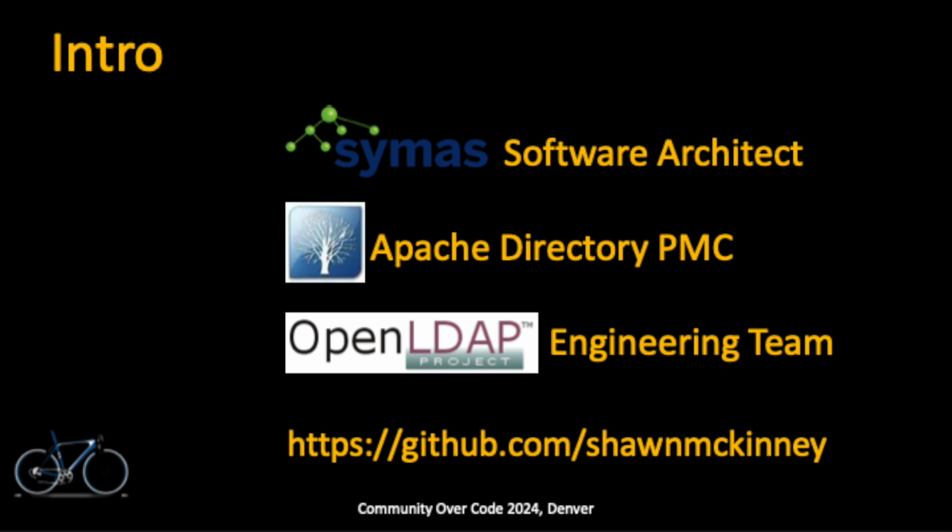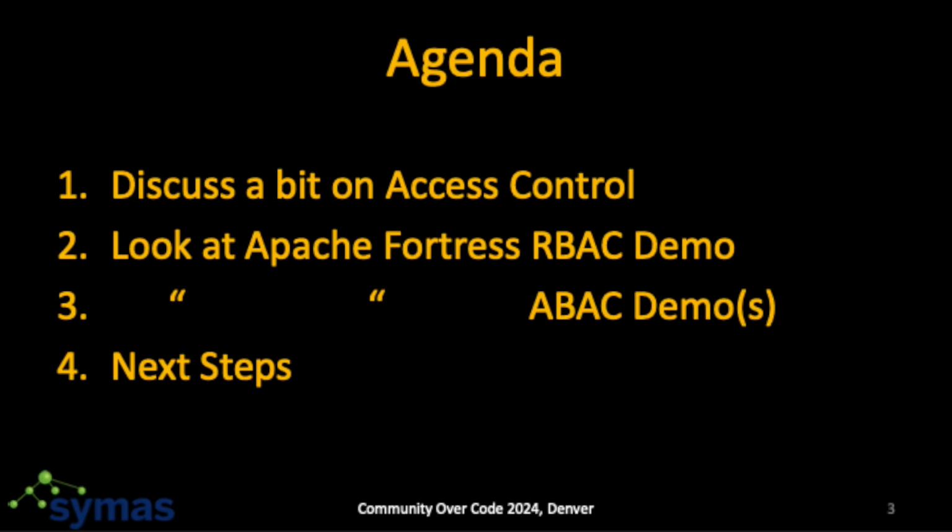So our agenda. We're going to talk about access control, okay? And a couple of flavors of it. And then we're going to look at an implementation of it, which is called Apache Fortress. I am the founder and maintainer of that, and that is a role-based access control implementation, and we'll look at that a little bit. And then I'll show you a couple of demos. I'll show you one of traditional RBAC, doing fine grain, and then we'll sprinkle some attributes in it. Okay, so if that's okay with everybody.